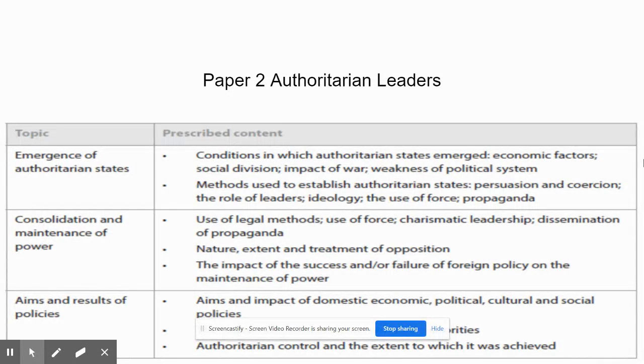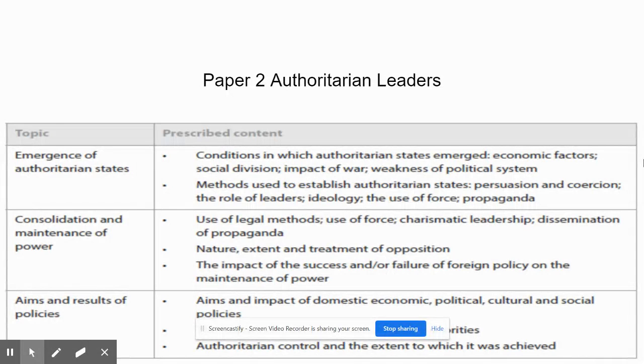So for example, we look at how Castro emerged at the end of the 50s in Cuba. We also look at the emergence of Lenin, and then how Stalin consolidated power after Lenin. And we also look at the emergence of Hitler. And then we look at how all of these authoritarian leaders consolidated their power in each country